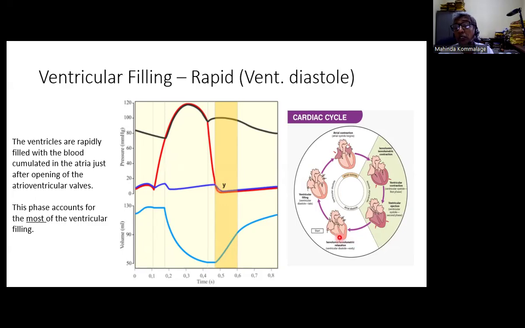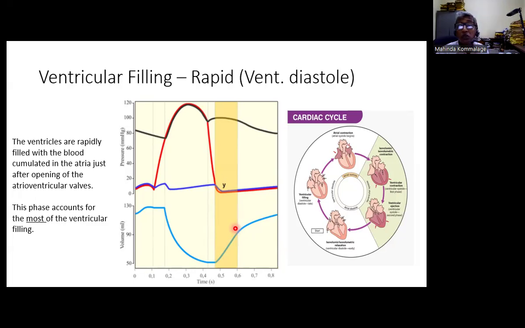So if you consider this diagram, this is what happens: ventricular filling, tricuspid and mitral valves open, and blood will come to the ventricle, and ventricular volume increases. In ventricular filling, the first part of the filling is rapid, because there is a considerable amount of blood retained in the atria, since the AV valves, that means mitral and tricuspid valves, are closed, and a considerable volume of blood is retained in the atria,